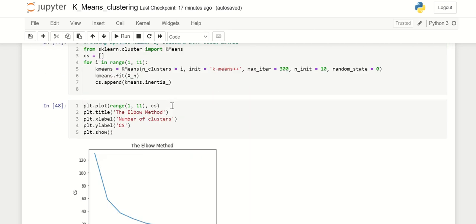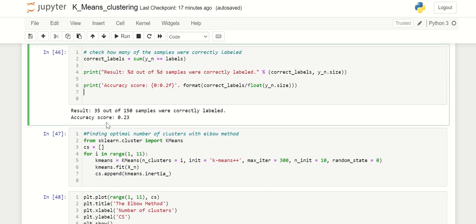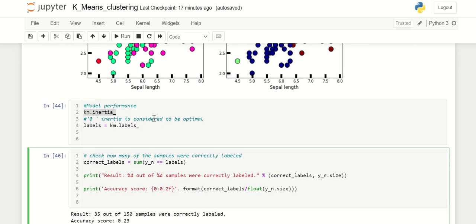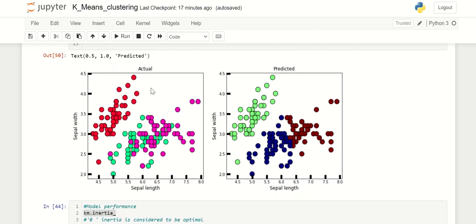Now if we plot this data, you'll see that the accuracy for this model is something about 2.23, but that is very low accuracy because there are 33% of the data for each group.